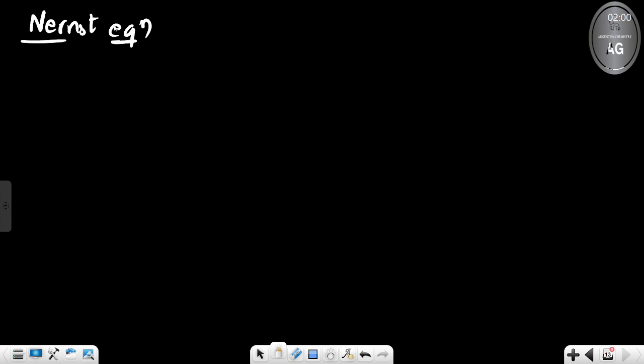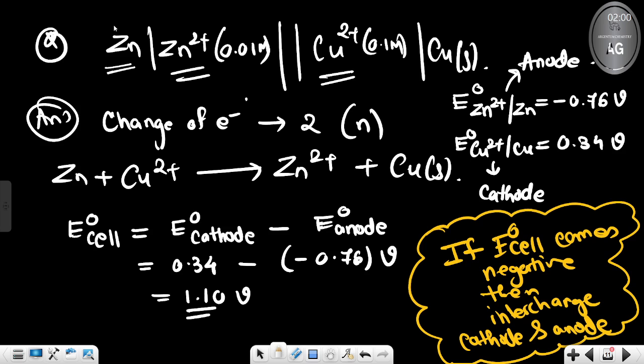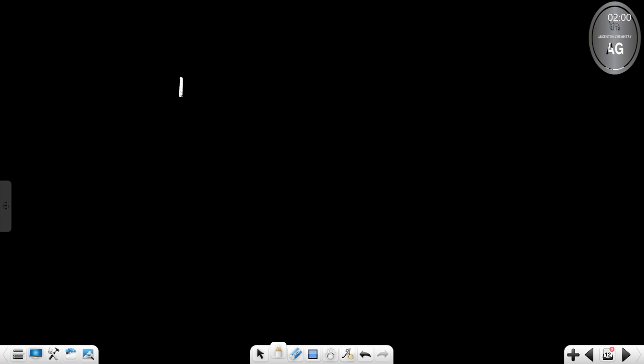Acha, one thing I forgot to say before going to the next equation, let me tell you. Suppose the SRP value is not given. Instead of the SRP value, the SOP value is given. What I mean is, the format told by IUPAC is E0 of Mn+ to M. If this is given, this is correct. This should be given in the question. But by chance, if the question says the opposite,